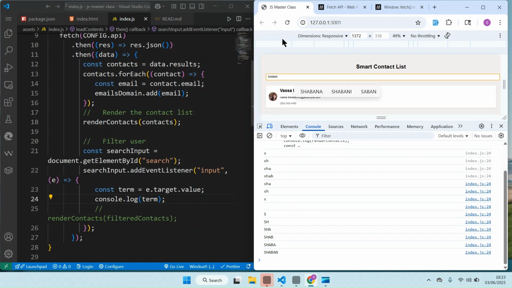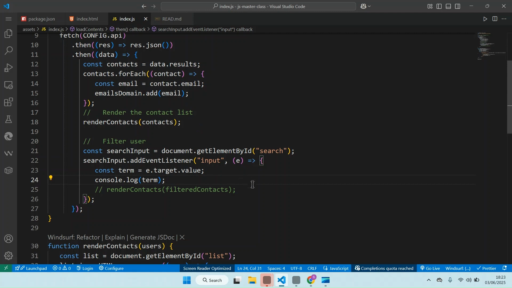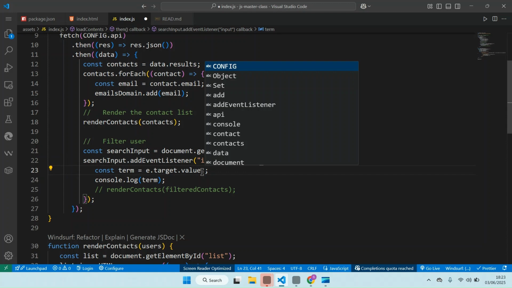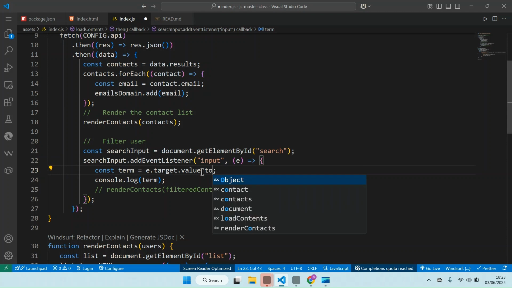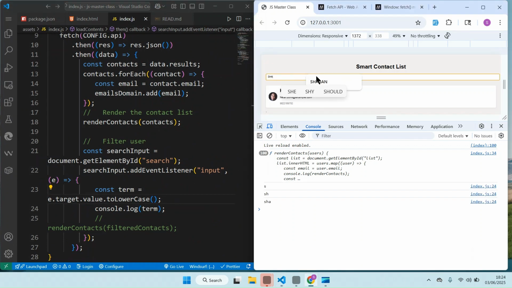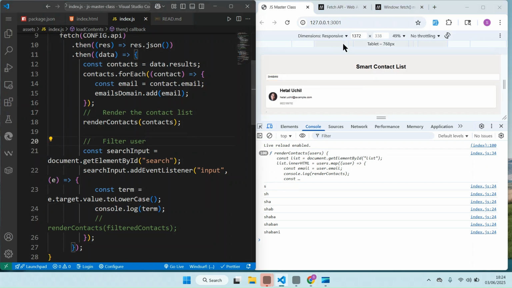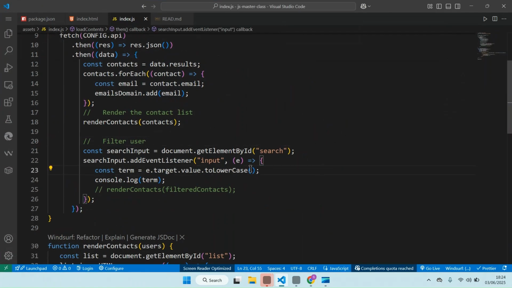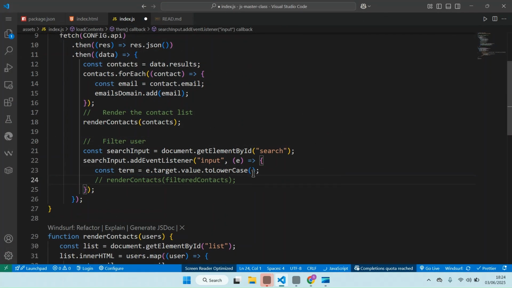So we can set that to lowercase. To do that, we can just change method here. Dot toLowerCase, sorry about that. Okay, so now I want to show you, if we type anything there, it should now be lowercase. If I type uppercase Shaban, you can see up there is uppercase, but you see we are getting lowercase. That's correct. So if we get that, we can now take